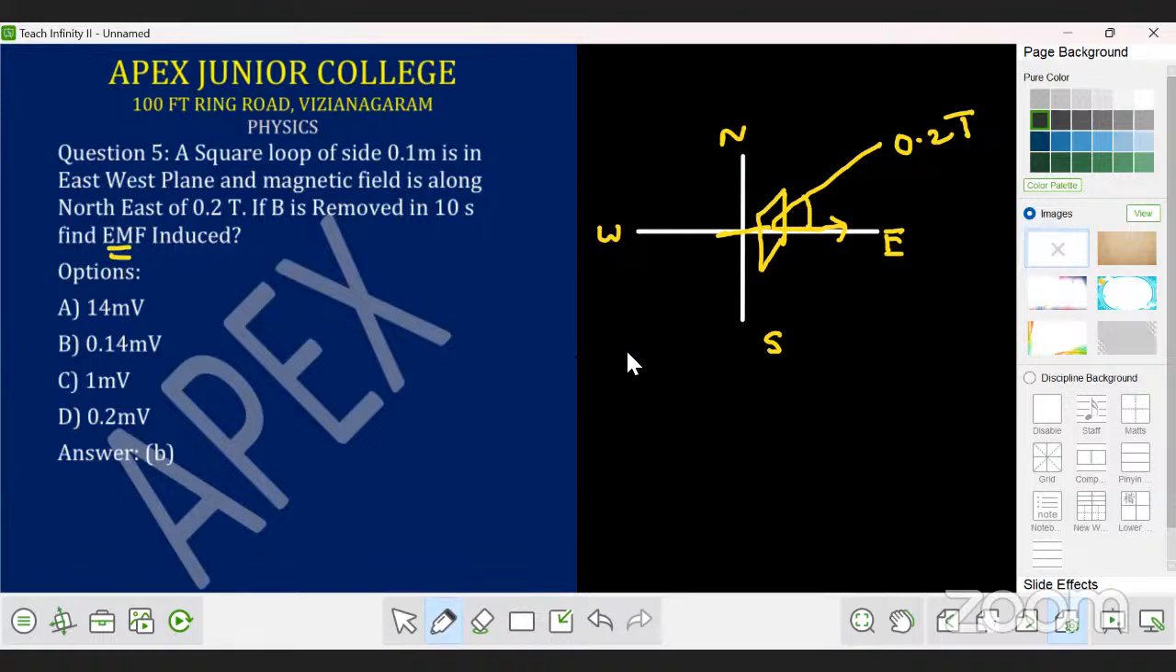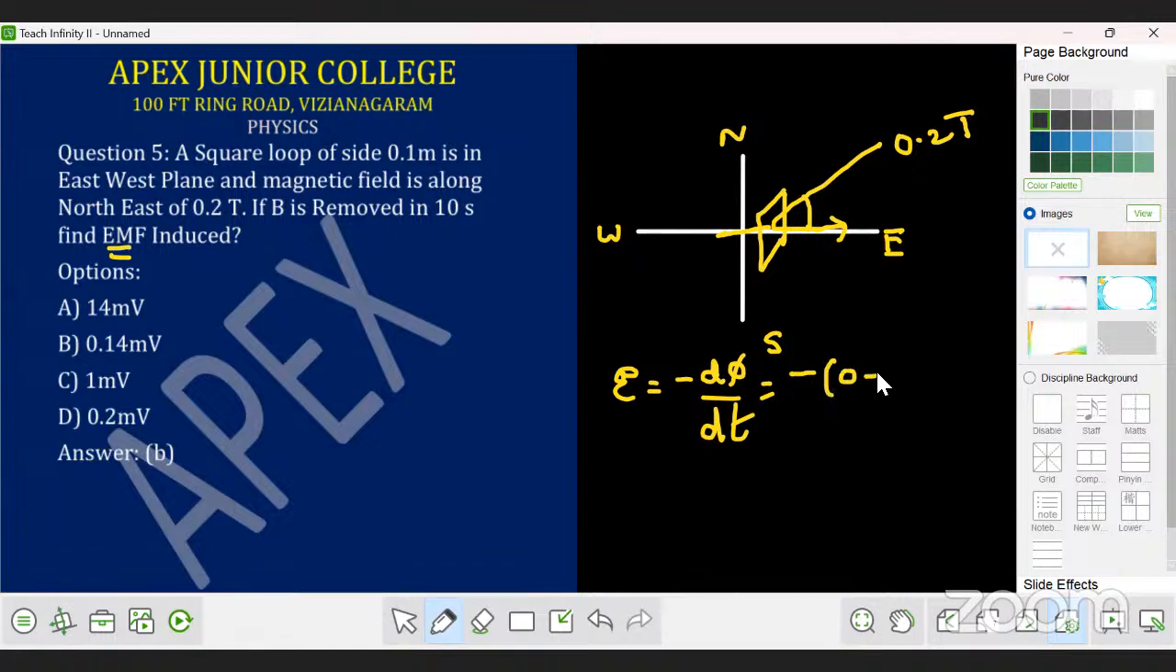What is the general formula for EMF? The basic formula, all of you know that. EMF will be, from Faraday's law, minus d phi by dt. Then first you have to calculate the flux. So d phi means the change in flux. Initially, the magnetic field value and area value are given, but finally the magnetic field is removed, so the final flux will be 0. So that minus